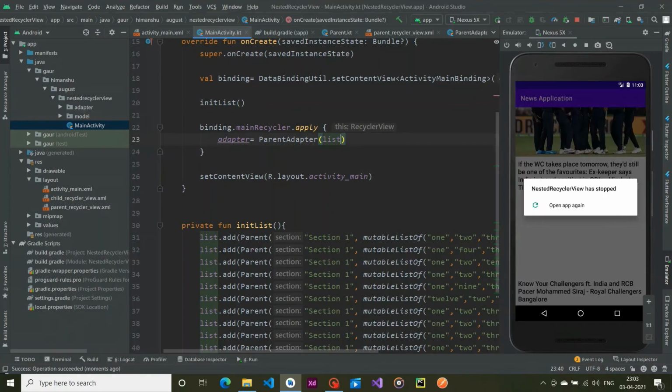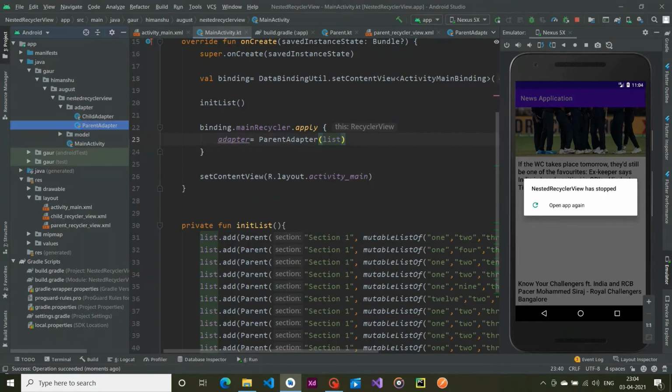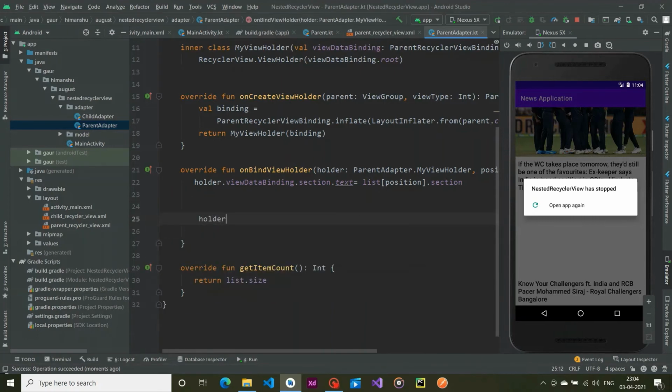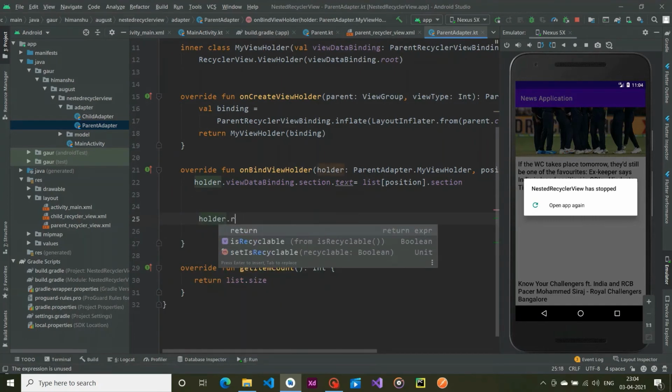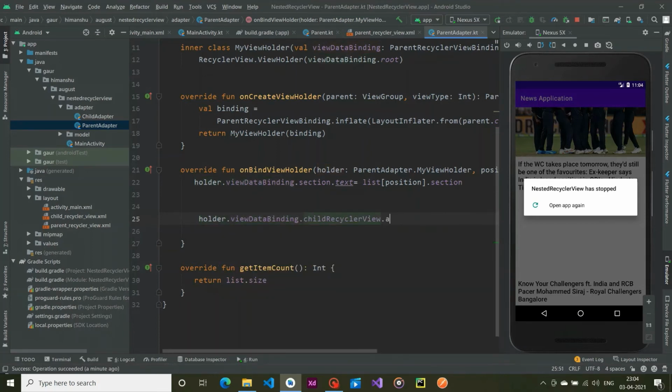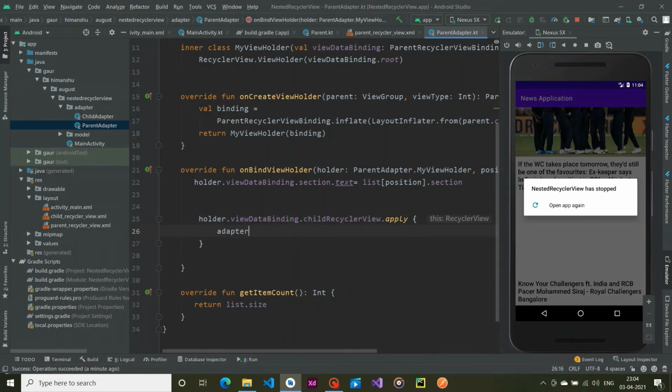So we encounter an error, and this is a genuine error. The error is we actually didn't initialize our nested recycler view. So jump into our parent adapter, and you can see over here, we actually initialize our nested recycler view: holder dot view data binding dot child recycler view apply, so adapter, and for this we have our child adapter, and this child adapter will accept a list of string.